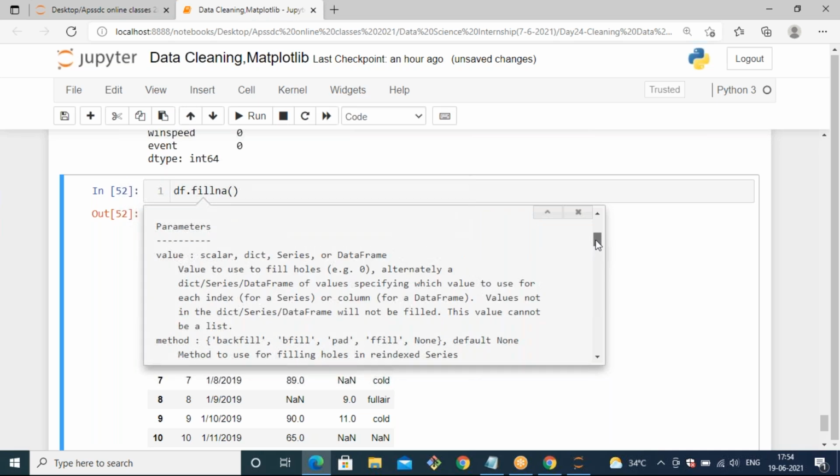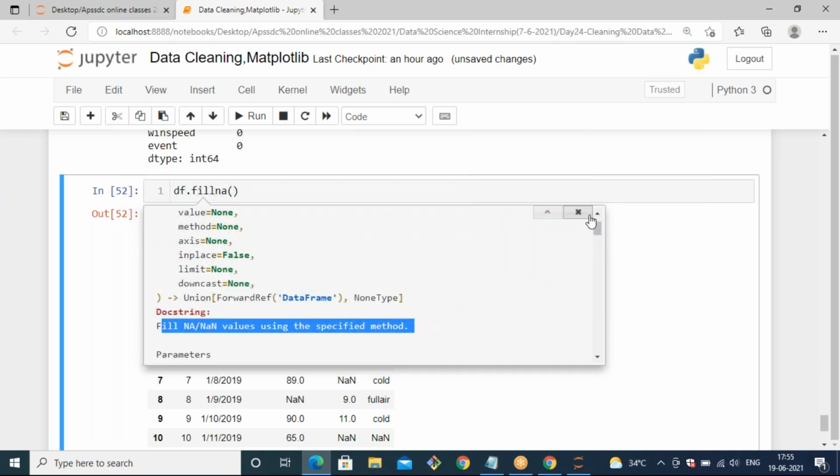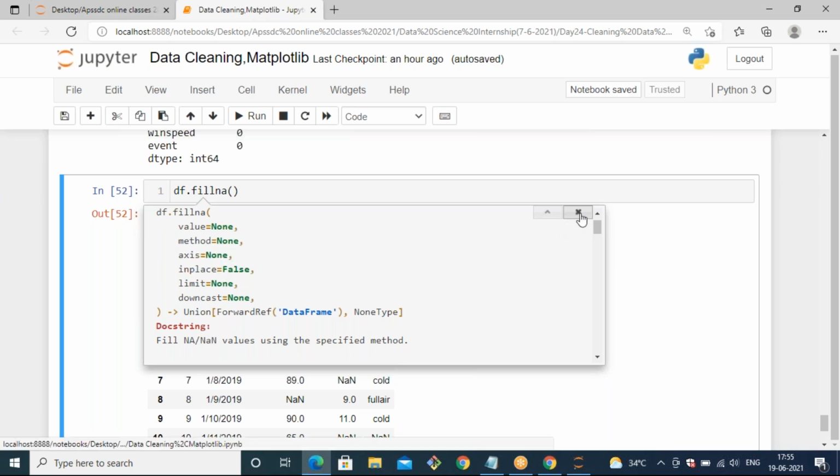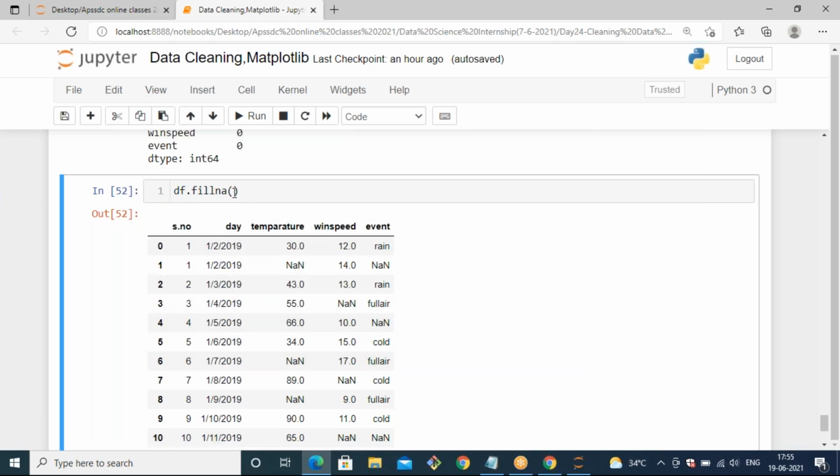Based on the method, it fills the none values. Otherwise, whatever value we pass, it fills the values with that. So the first attribute is value, and it can support method as well. Filling also follows an axis, either row wise or column wise.